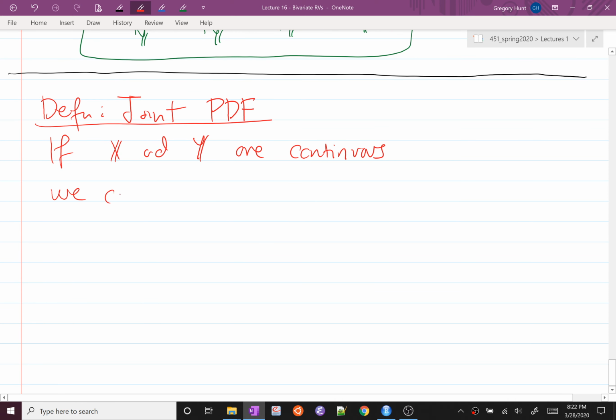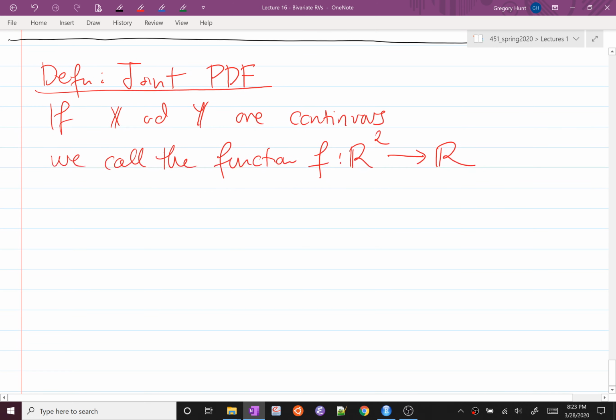And we call the function f, which is going to be a function that takes in two numbers, x and y, and gives me out a single number, so R2 to R. We call the function f the joint PDF of x and y